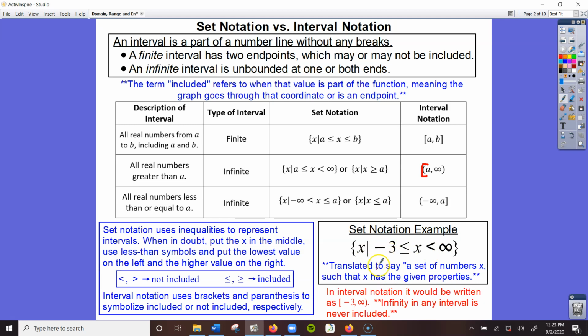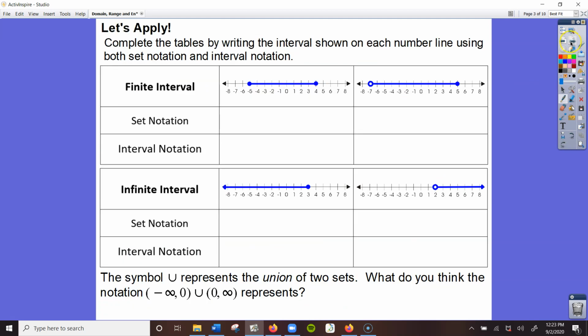information for us. And then in interval notation, if I were to translate that, I would put a bracket for the -3, comma, infinity, and then parentheses, because you can never include infinity. So before we start looking at some more complicated graphs, we're going to practice writing out, let's say